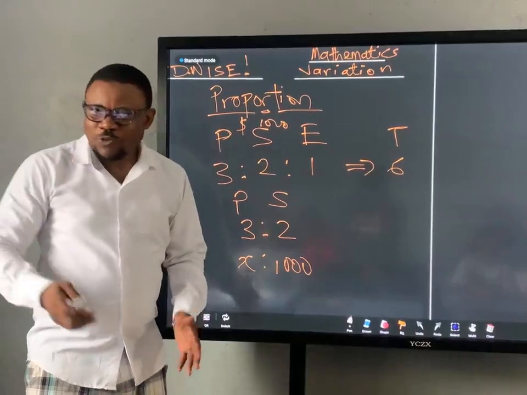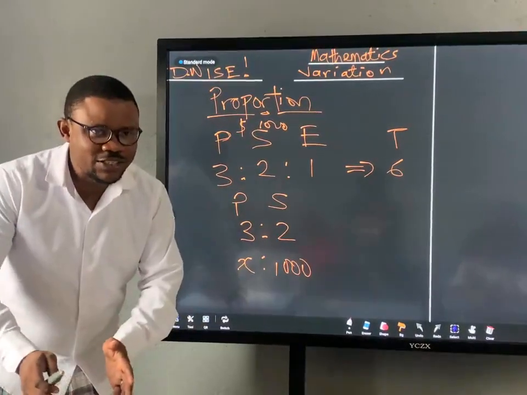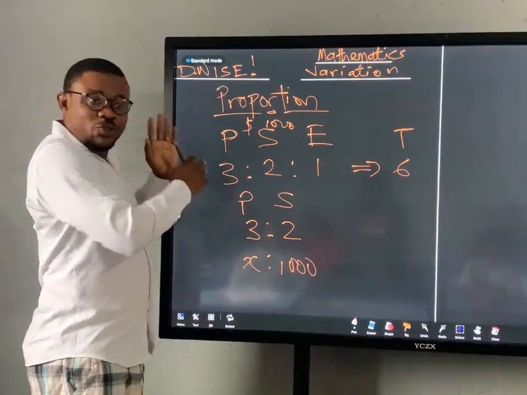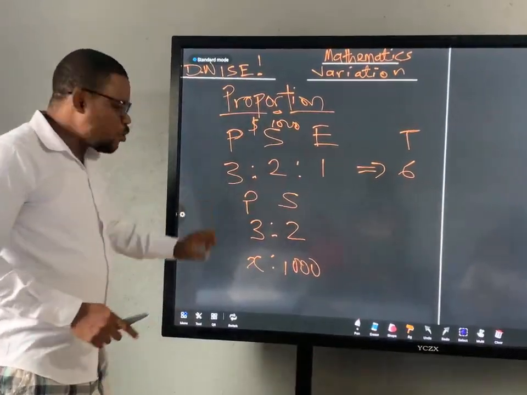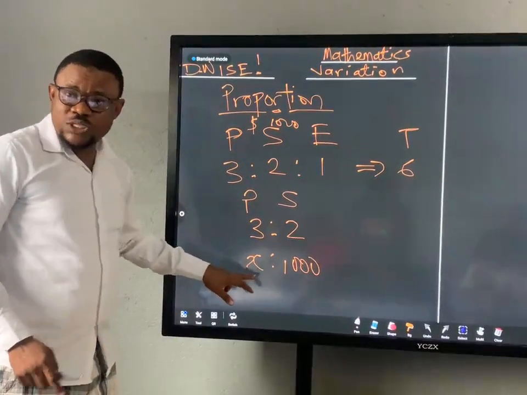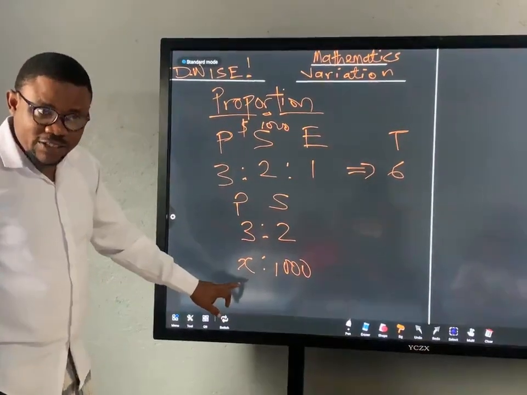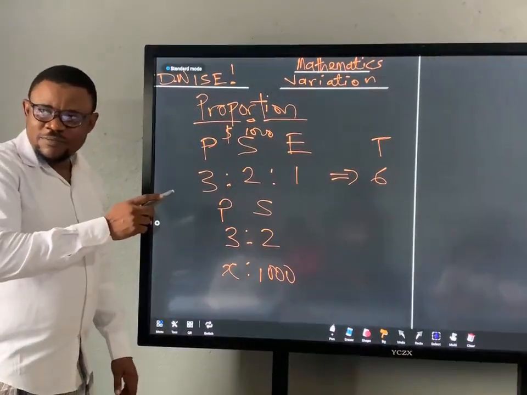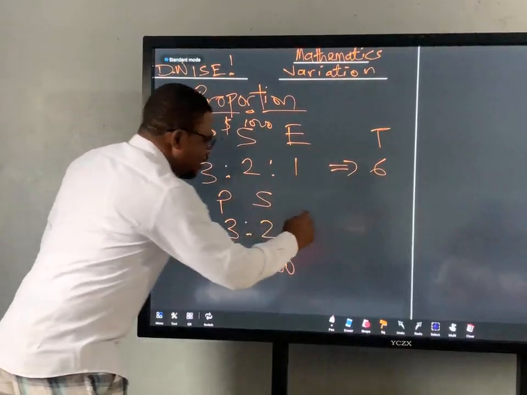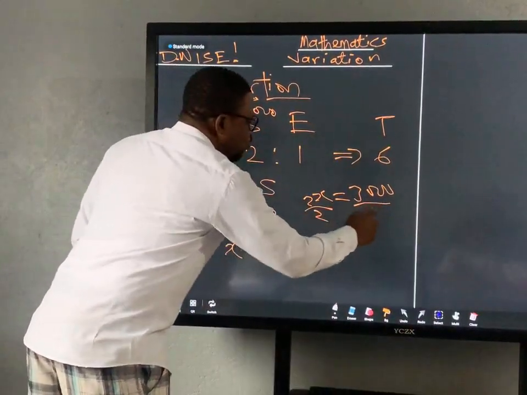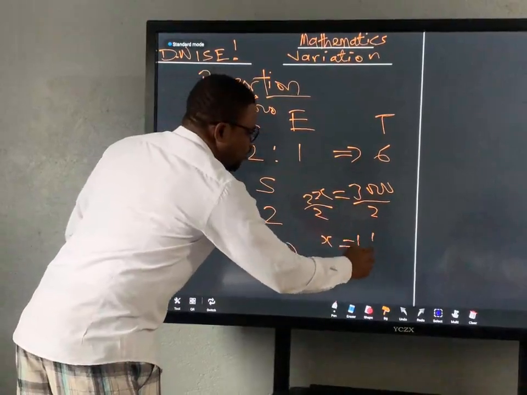It's a direct proportion. What is a direct proportion? As one is increasing, the other is increasing. As one is decreasing, the other is decreasing. The more the ratio, the higher the amount. As long as it's direct proportion, when you bring the value out like this, we don't know what Philip got, so we say it's X. Let the value be X. We cross multiply, and we get that 2x is equal to 3,000. If I divide both sides by 2, I get that x is equal to